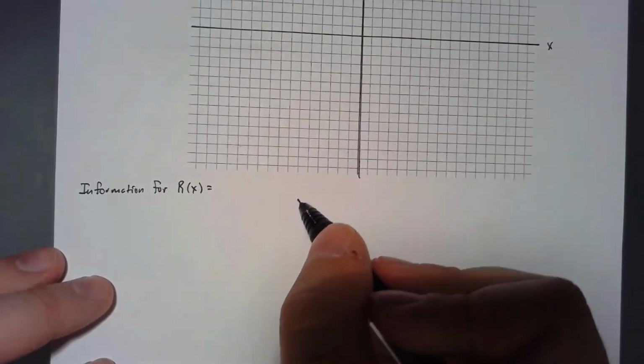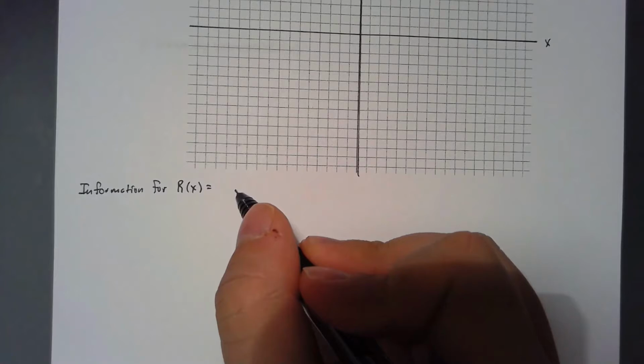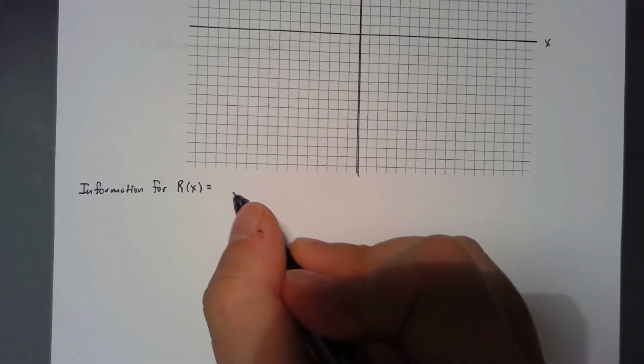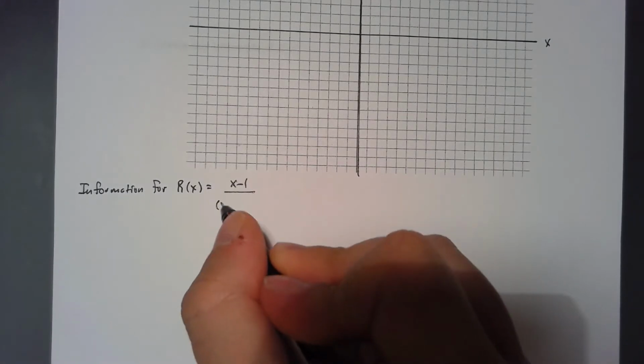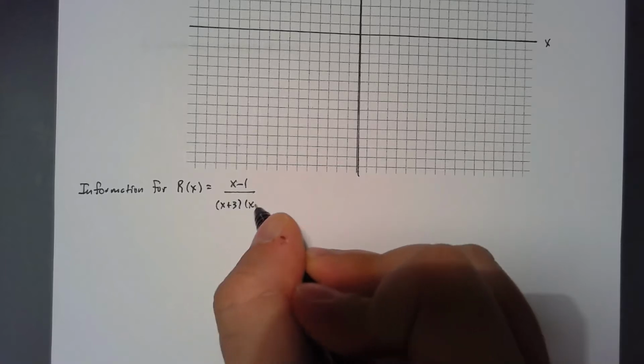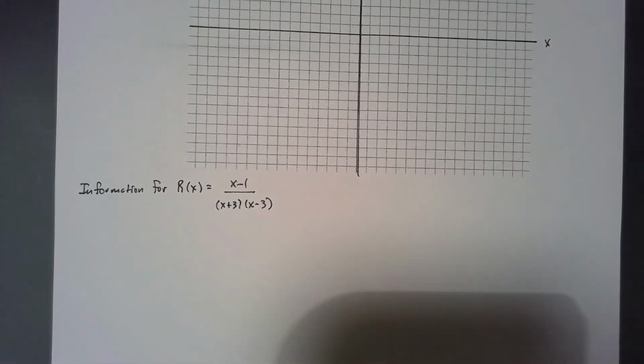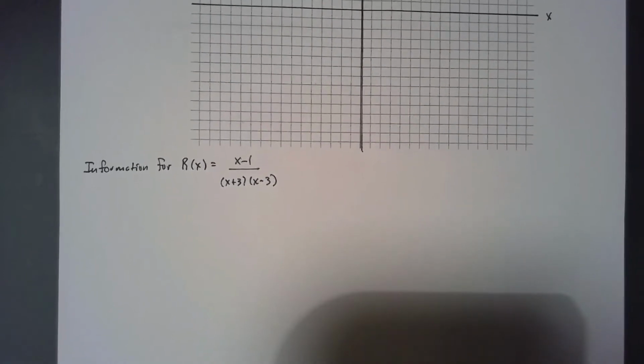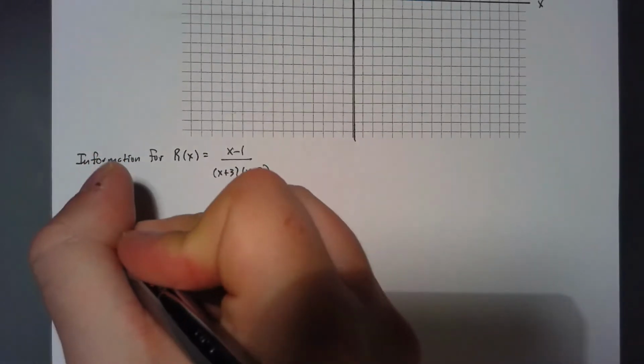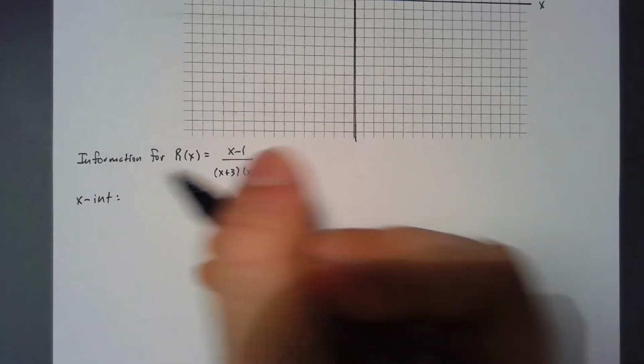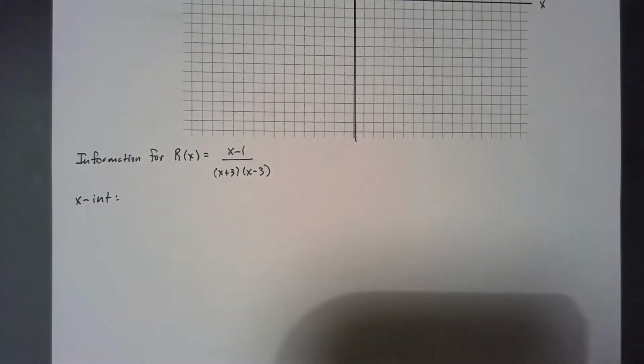Information for the function, it was x minus 1 over x plus 3, x minus 3. So the intercepts were what? The x-intercept was